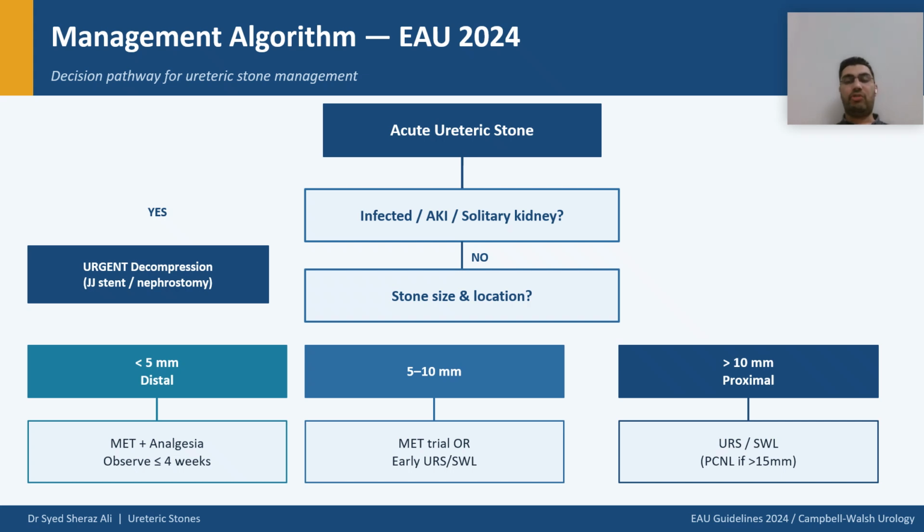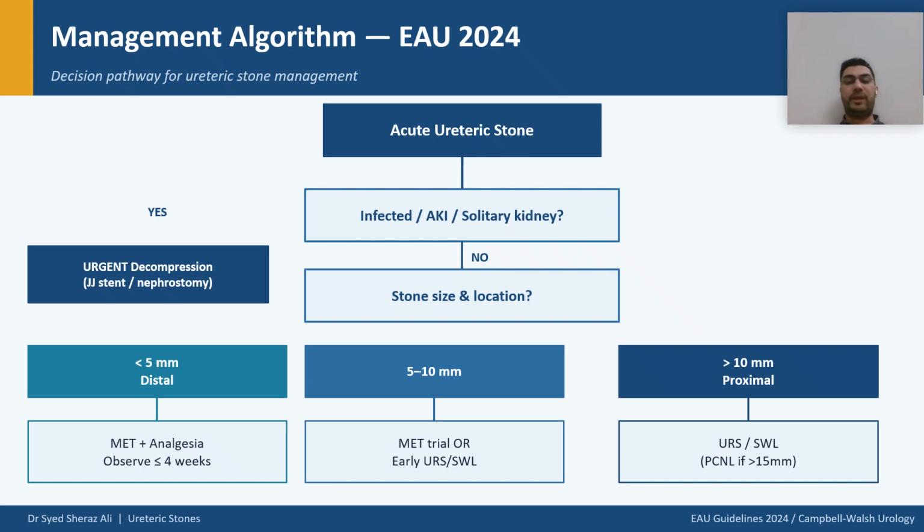This can be achieved either by retrograde insertion of a double J ureteric stent under cystoscopic guidance or by percutaneous nephrostomy under ultrasound guidance. The choice depends on the local expertise and the clinical situation. Definitive stone treatment follows once the patient is stabilized. If the patient does not have any of these high-risk features, we then assess stone size and location